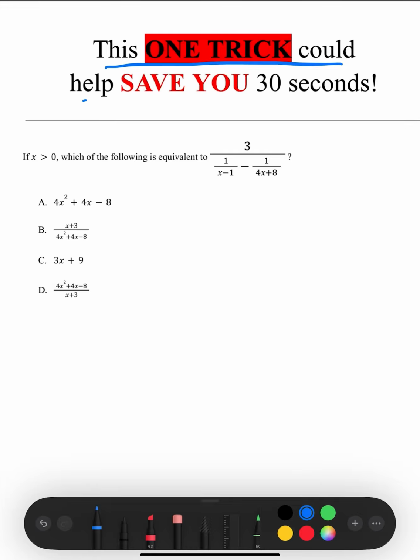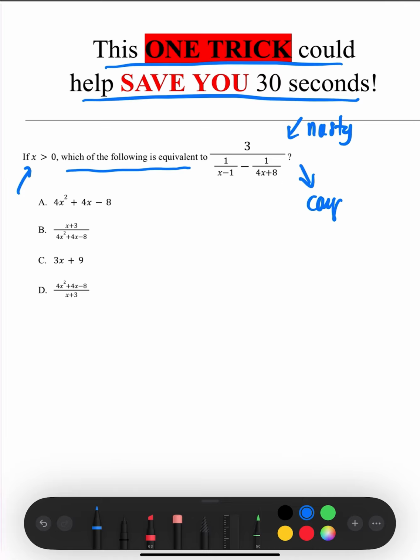This one trick could help save you 30 seconds. Let's take a look at this question. If x is greater than 0, which of the following is equivalent to this fraction? Now, if we're being honest, this fraction is pretty nasty, right? It's called a complex fraction, which is a fraction within a fraction, and we're trying to make it look like